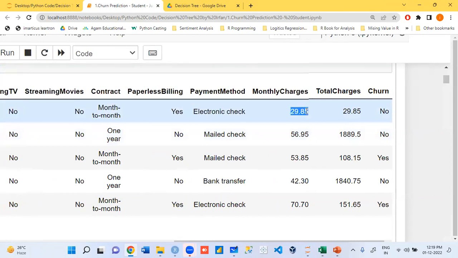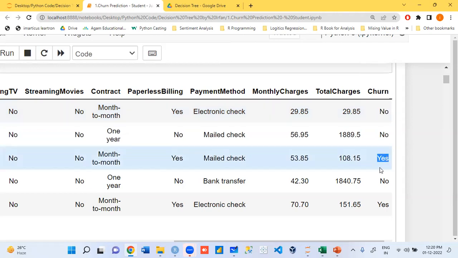She has been using the SIM card for the last 1 month. Then a recharge of $29. Total is 29. Churn is no. No means he or she will not change the network. So when a customer changes the decision from Vodafone to Jio, that change of movement is called churn. Or when you change from Zomato to Swiggy, that changing movement is called churn. So we are doing churn analytics. Clear? Yes means he wants to move.